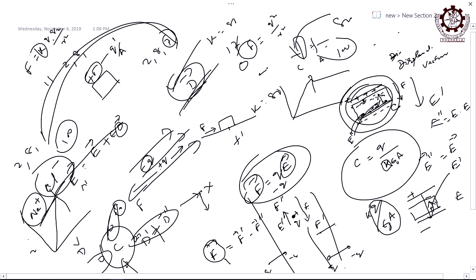What is this K? It is a constant, but that constant again depends on what? K equals 1 by 4 pi epsilon 0 epsilon r. Epsilon r is the relative permittivity of the medium, or dielectric constant. So when you put water, this epsilon r is how much? 80. Now think, what about the force? It is reduced by 80 times. When it is in air, if it has force F, when you put it in water, it is F by 80. The force is reduced by 80 times. Then it is automatically breaking. That you call dissolved. Sodium chloride dissolves, but in air it is not dissolving.